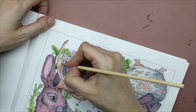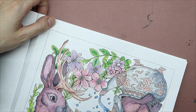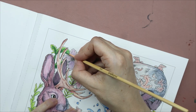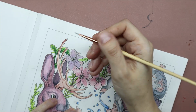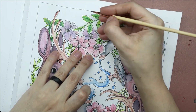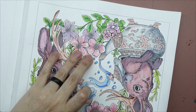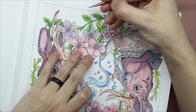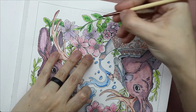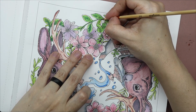So now I am working on some of the foliage and going in with a darker mixture of paint and adding in some shadow areas behind the antlers, and bringing back some detail on some of these leaves and in some of the stems. And this was another area where